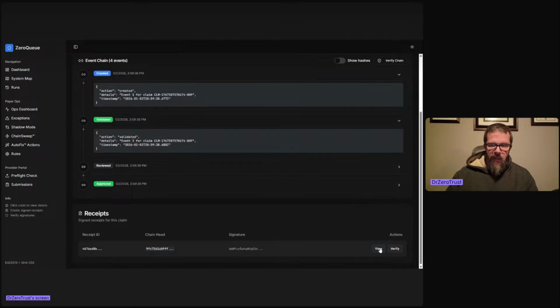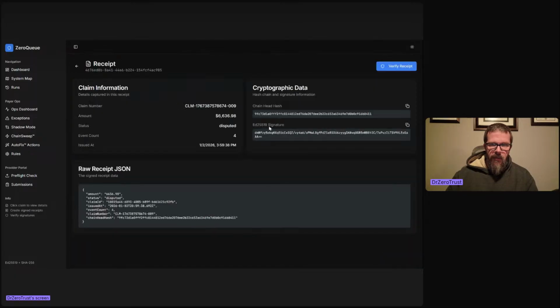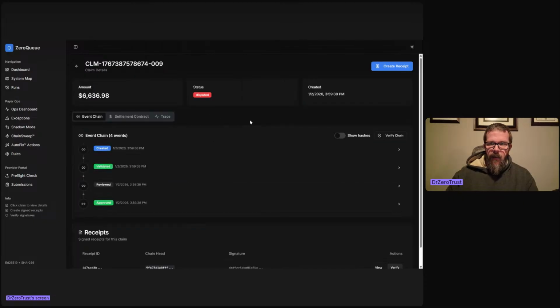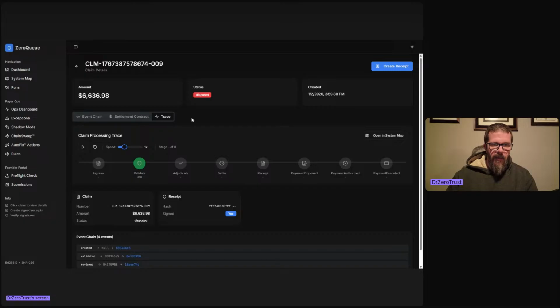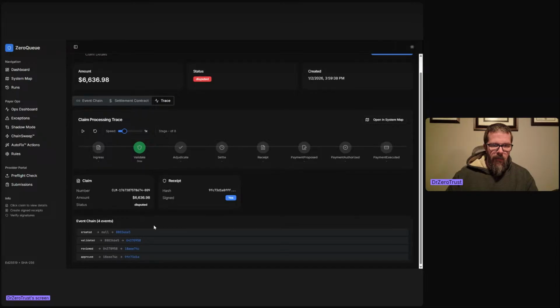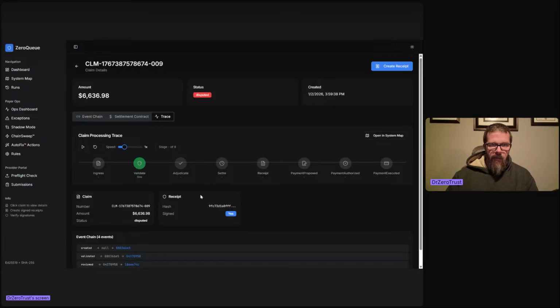We're creating a receipt for each one of these. So if you look, here's the receipt with the cryptographic hash, which means that it's basically immutable because this would be stored on a backend distributed ledger system. And then, of course, we've got some other capabilities in here. So we could look at when it settles, how much it should calculate out to. I also built this feature of tracing something inside of the system map, and I'll show you what that looks like. But right now, you can just tell we've brought it in and we've validated it, and that's where we're stuck. Now you could go forward and start doing other things off of that, but that's where we're at.